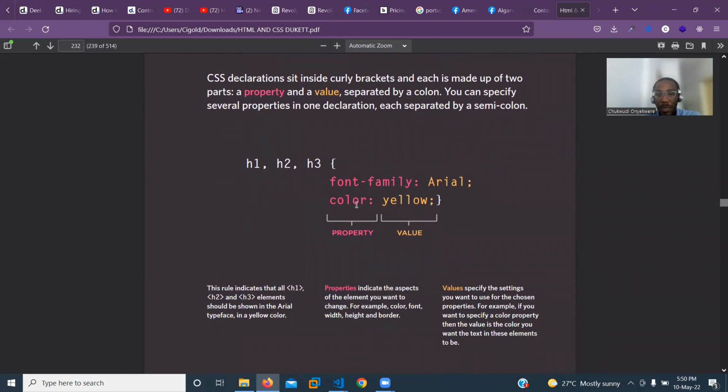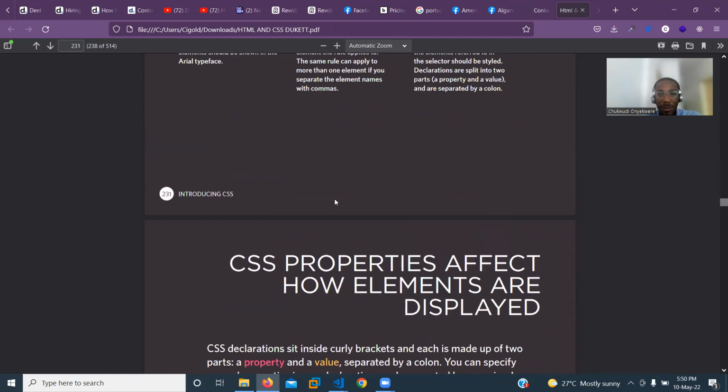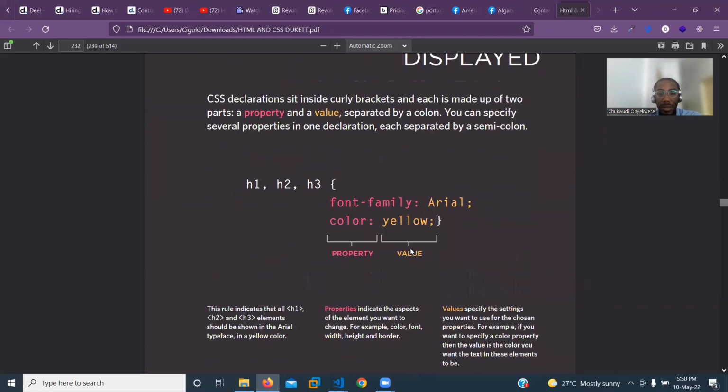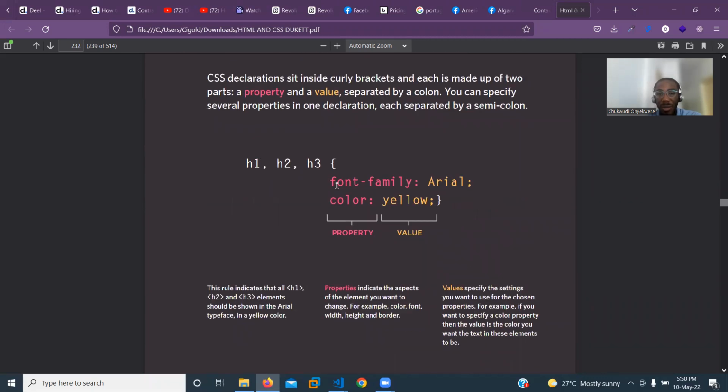Okay, we've talked about property and value. Yes, so this is a property. This whole thing is called a declaration, but this part is called a property, and this part is called a value. But you can see how it's being used. So just make sure you are using it properly. And also, you can always have multiple